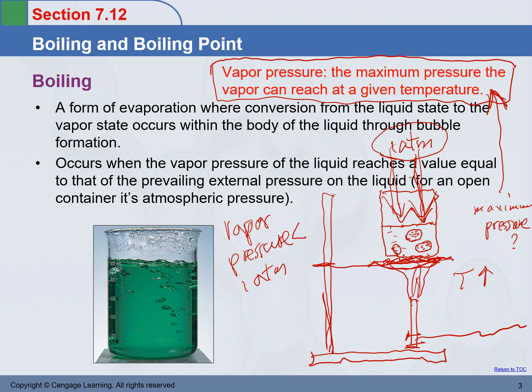Yes. So at a certain temperature, when the temperature is high enough, then the vapor pressure of water is the same as the external pressure. Now they can form bubbles within the body of the liquid. And once the bubble forms, it will flow to the top of the liquid. And that's what you see in the boiling process. Tons of bubbles form within the body and they all flow to the top.